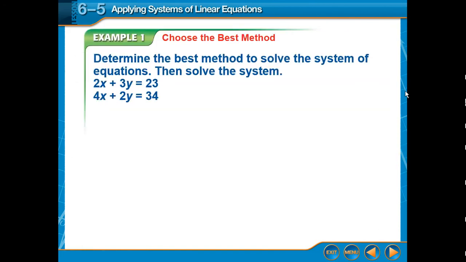Okay, so if we're looking at this, we want to know what method would be best. If we're going to use substitution, do I have a variable that has a coefficient of 1? I don't. So substitution might not be the best option. It's possible, but it's not going to be the easiest. Okay, so then elimination by addition. Do I have equal but opposite coefficients on either of my variables? I have 2 and 4 and 3 and 2, so no. Do I have the same? No. So that means I'm going to be using multiplication